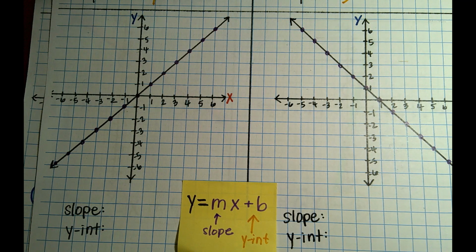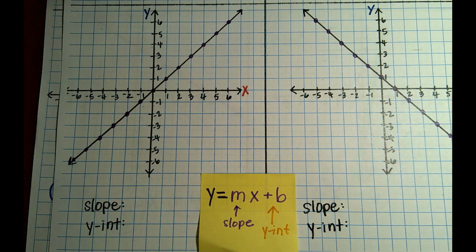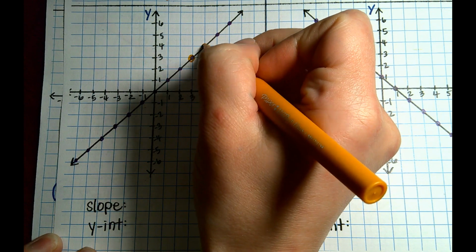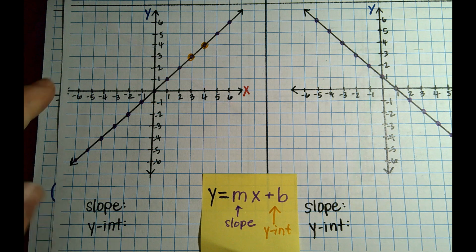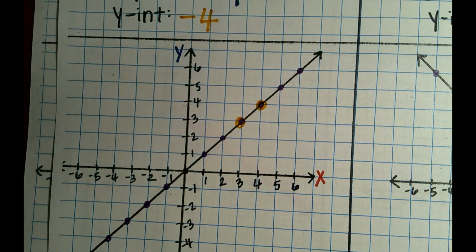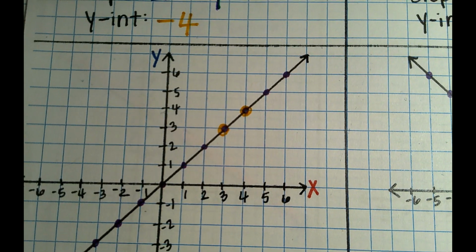And first, let's look at this graph here. I'm going to pick 2 points right next to each other. Any 2 points. They just need to be right beside each other. So let's do these 2. Okay. And then I'm going to zoom way in. So, starting with slope,